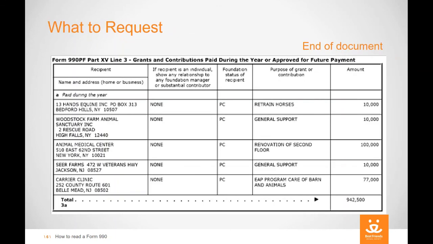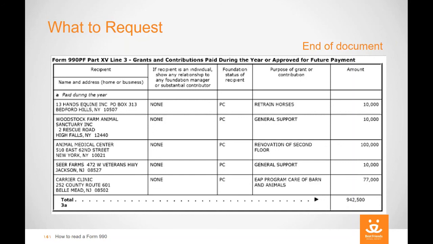And that's where looking at, finally, towards the end of the document, after a whole bunch of other required sections, at the end of every 990 is a list of every charitable organization that foundation gave grants to. And this is where you can see that geographical limitation in effect. So in the New York metropolitan area, which is not just Manhattan, but the area, they are supporting a lot of organizations, and none of these organizations are outside of that area. And you can see here, this is just one screenshot,